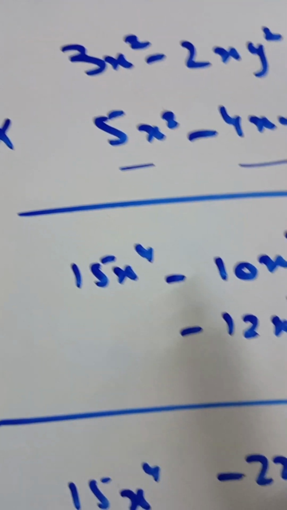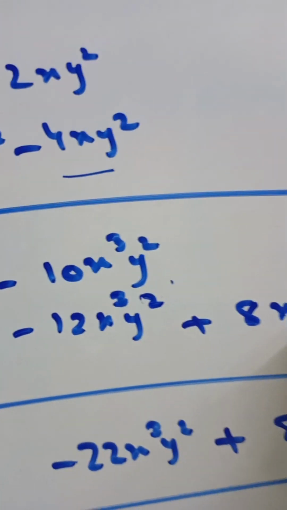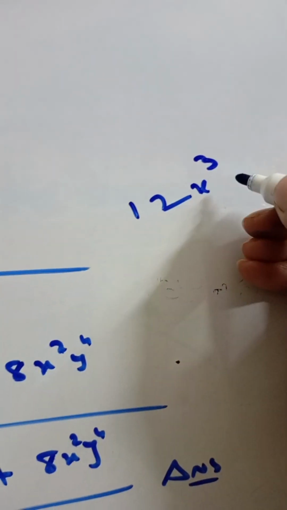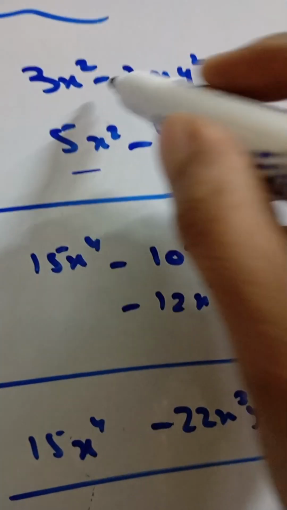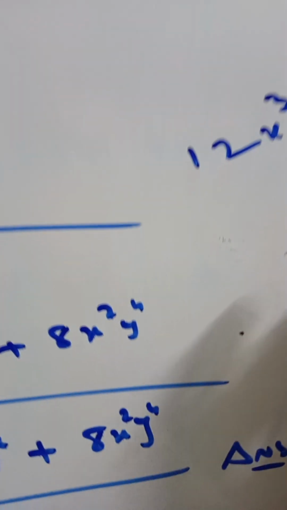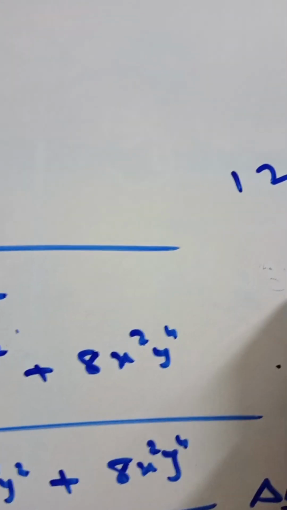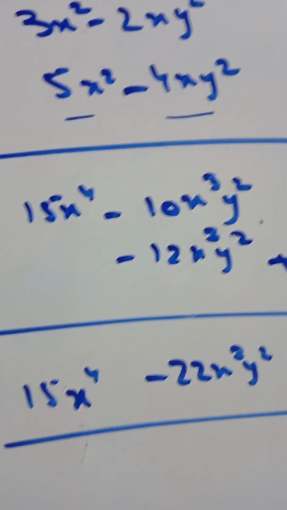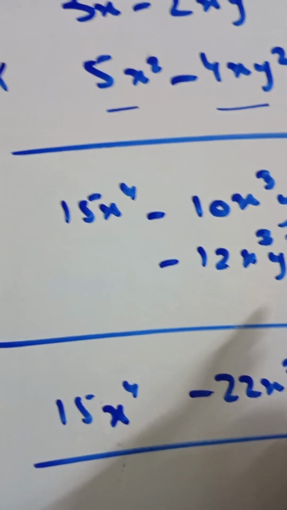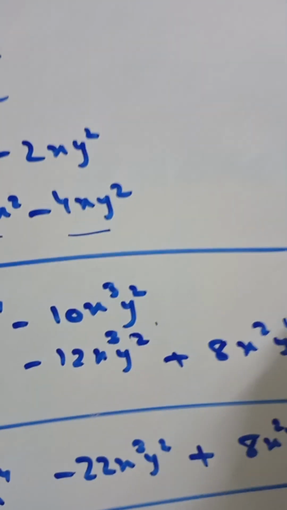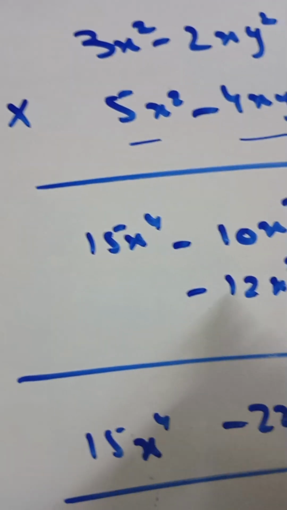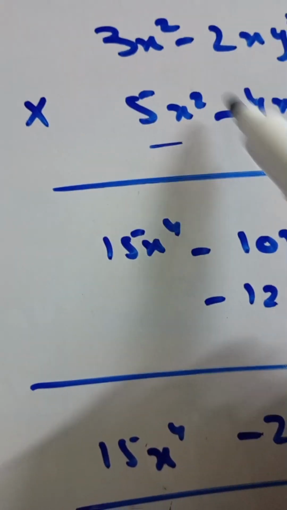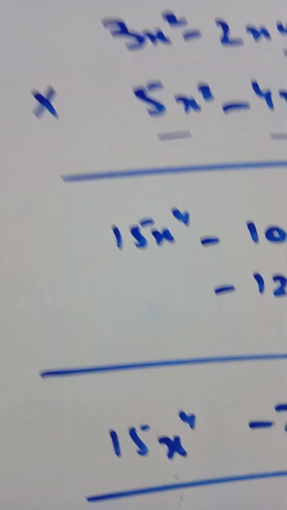So 4 3s are 12. X raised to power 1 plus 2, x raised to power 3, and there is no y here, so it becomes y square. 12x cube y square. We will put this whole term right behind it. Why? Because same variables with same powers can easily add and then subtract. So we place this term right downstairs, right behind 10x cube y square. As you know, minus 4 multiplied by 3, 4 3s are 12. It becomes minus 12. So we write like that.